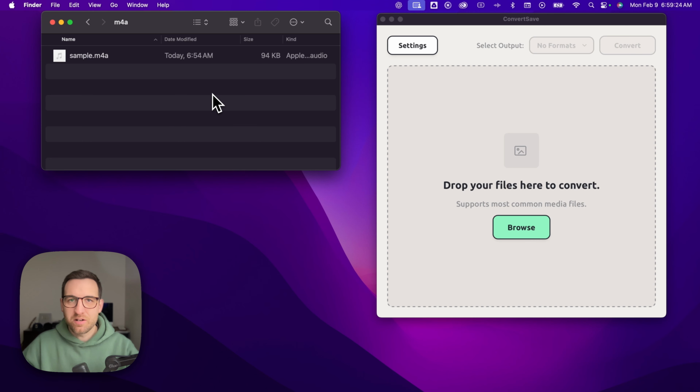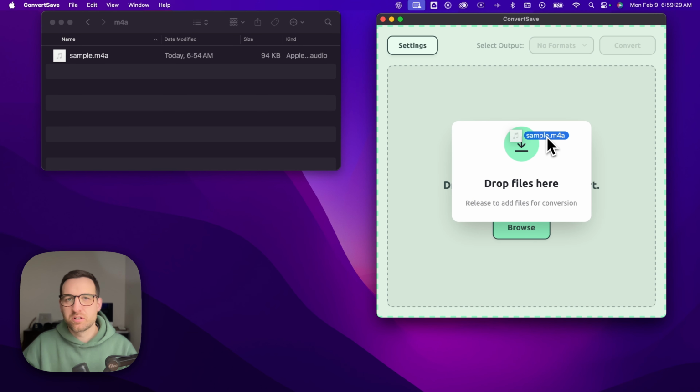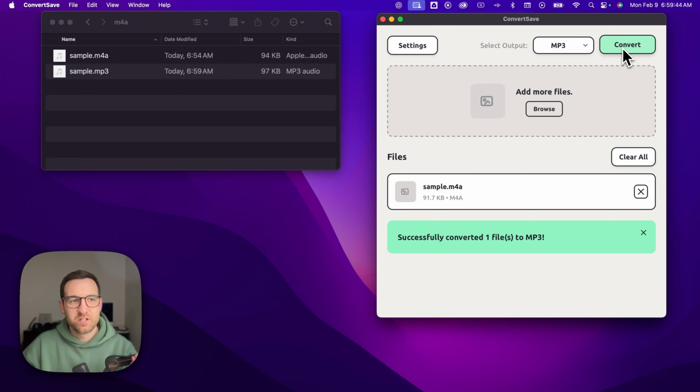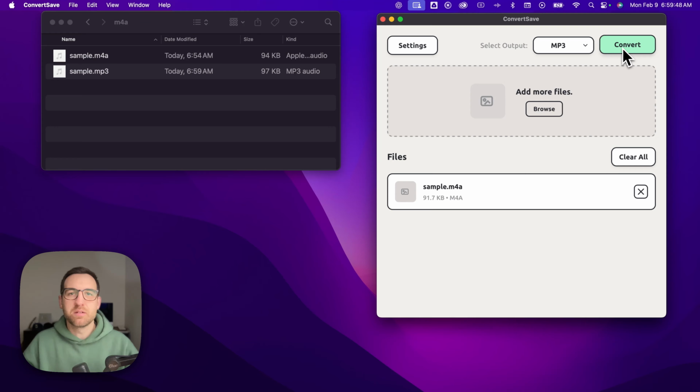So you can check that out in the link in the description, but it's as simple as dragging in your file. Could be audio, could be video, could be images, and then you select your output. In this case, we're going from this M4A, and we can select MP3, WAV, any of these audio files, and then we hit convert. And it's going to save that file directly next to wherever the file is that you brought in. And you can bring in multiple files if you want to, and it'll just save them right next